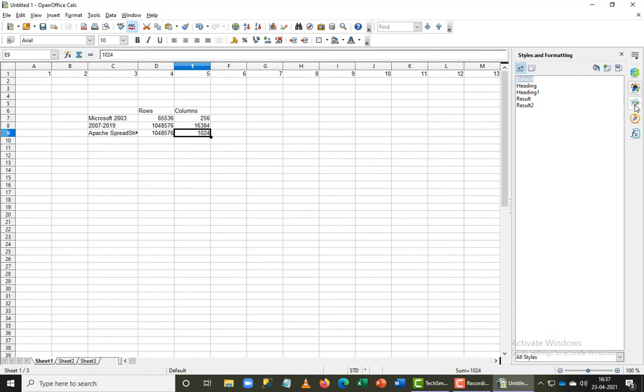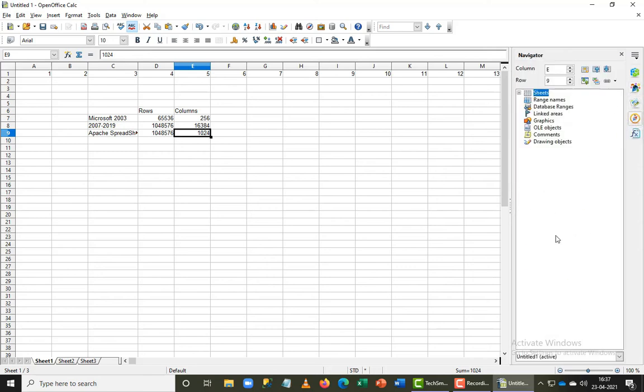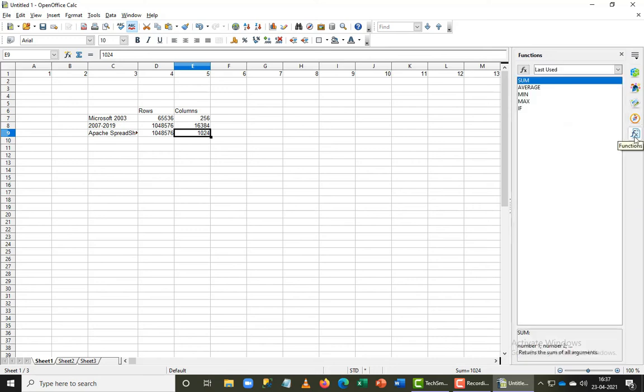I can go for a heading and format. I can see some arrow marks coming up here. I can see the entire sheets here. I can write even the formulas here. I didn't see the complete formula yet, but hopefully I'll be seeing those formulas in this, I believe. This is new to me, so I'm using it for the first time, so it takes some time for me to get into the rhythm.